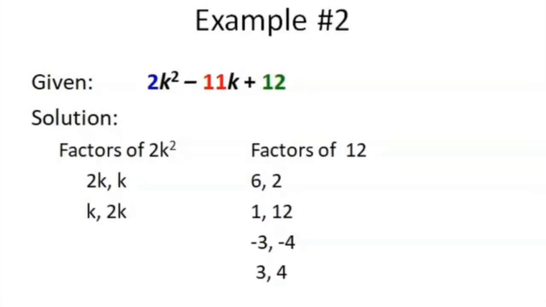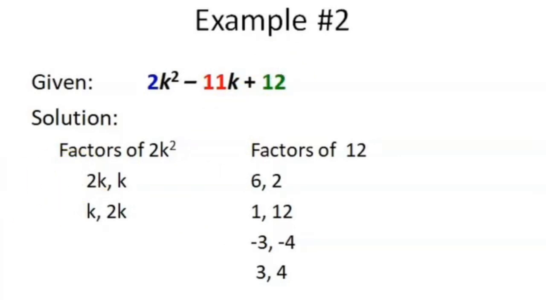Our second example, ang given is 2k squared minus 11k plus 12. So, first step, list down the factors of our first term and our last term. So, these are the factors of 2k squared and these are the factors of positive 12. Yes, that's for our step number 1. Step number